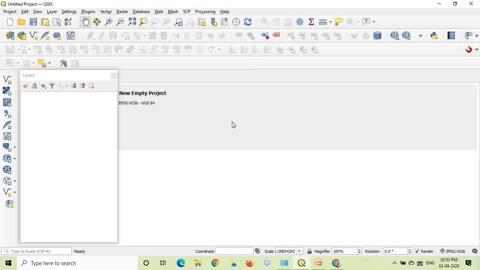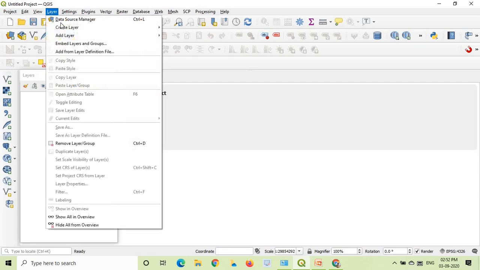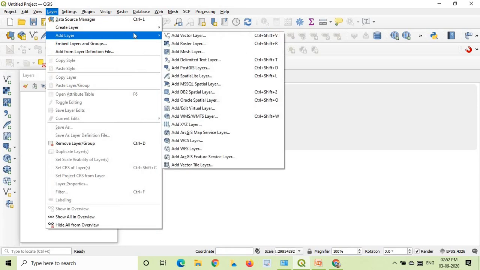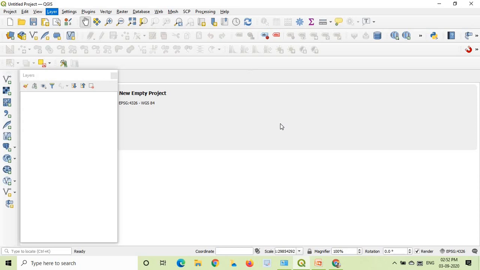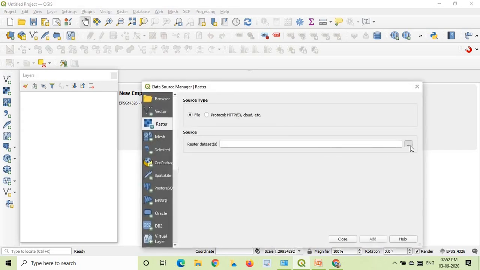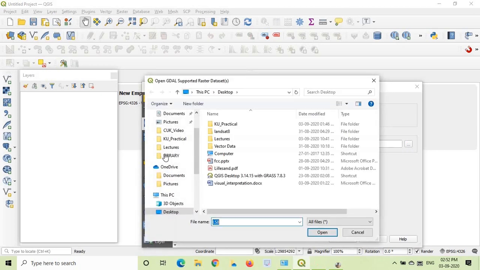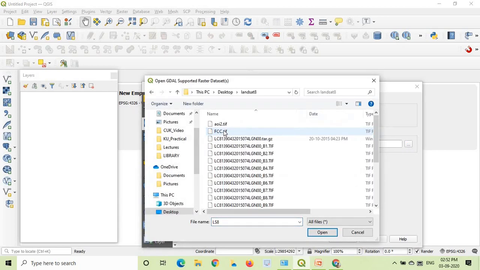Now I will add the data in the map canvas. So click on layer, navigate to add layers and click on add raster layer. Click on the ellipsis button and navigate to the folder where you have kept the data.